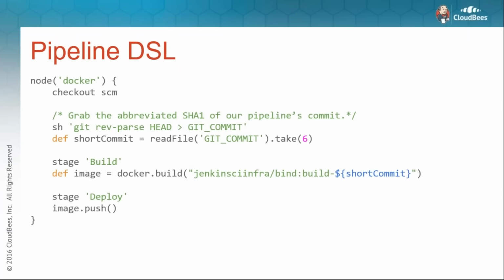So the DSL itself is built on top of Groovy because Groovy has been part of Jenkins for a long time. It just made sense to have it be in Groovy. But you don't have to go deep into Groovy. It is a DSL, so it is a higher level language that can be used very simply. It doesn't need to be parsed out. And you can actually take the different steps that you want to do and just isolate those into shell scripts. You can take the same things that you're doing in a freestyle job and wrap them in the pipeline to make it much simpler. So the node is simply denoting that I need a build agent or an executor to run this on. I want to check out from my SCM, and then I want to do a git rev-parse